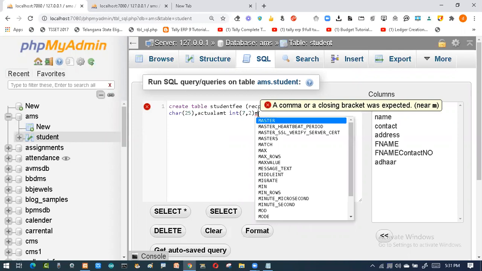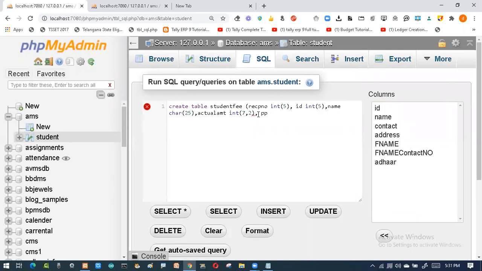Then how much you paid? So I'll say paid amount. Again I have to go for integer, since he may pay in rupees, so again 7,2 I'll be taking. Then I want to go for the due amount. How much is left out?